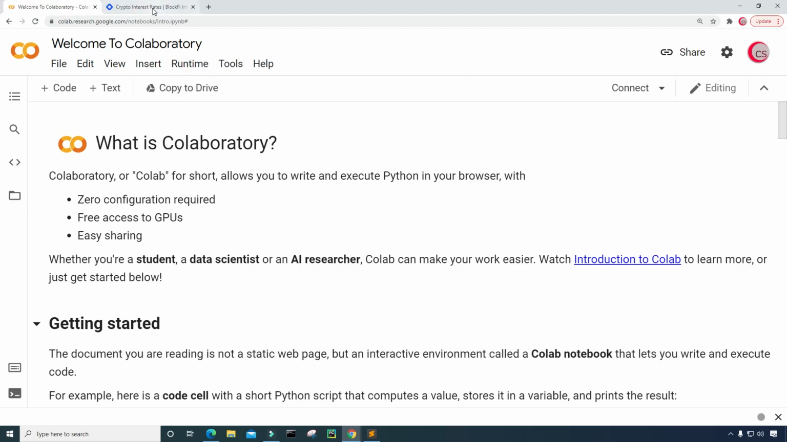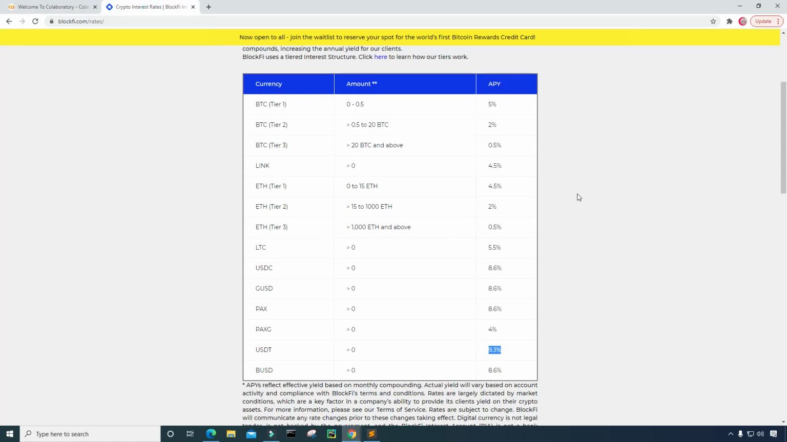Now I want to go to the BlockFi website, which I have here. More specifically, I'm on the rates page just so I could talk a little bit about BlockFi. Now, BlockFi is a startup cryptocurrency financial institution based in New York City that lends USD against cryptocurrency collateral, and they accept deposits of cryptocurrencies and pay interest on those deposits. The annual percentage yield, or APY, is as high as 9.3% compounded monthly, and you can see that highlighted here